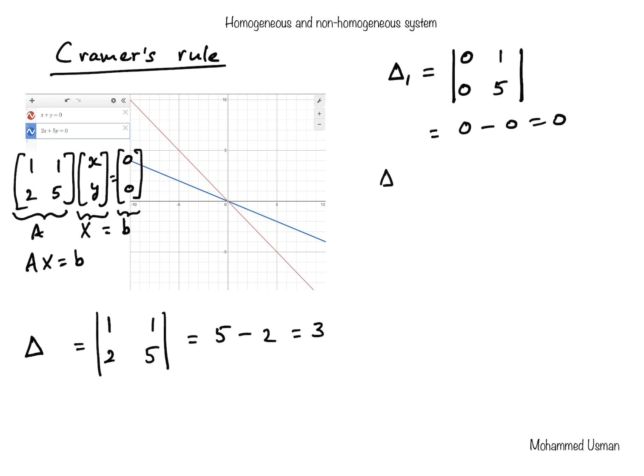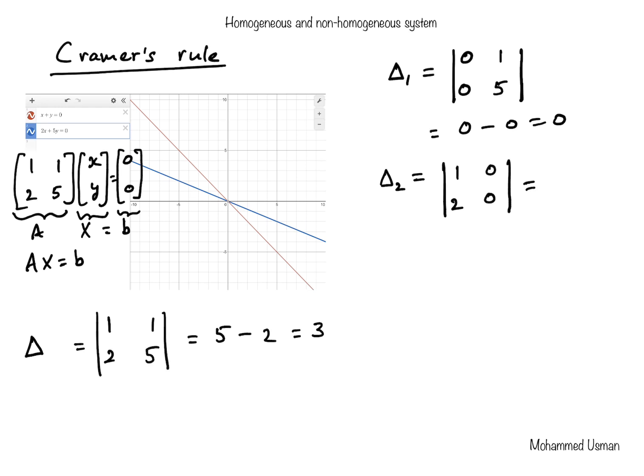And similarly for delta 2, we'll compute the next component, which is the determinant value of the A matrix with the second column replaced by the vector B. So we'll remove this 1, 5, and in its place in the second column, we'll put the B vector 0, 0, and keep all the other elements as they are. So we'll keep the first column as it is, 1, 2, and the second column gets replaced with B,